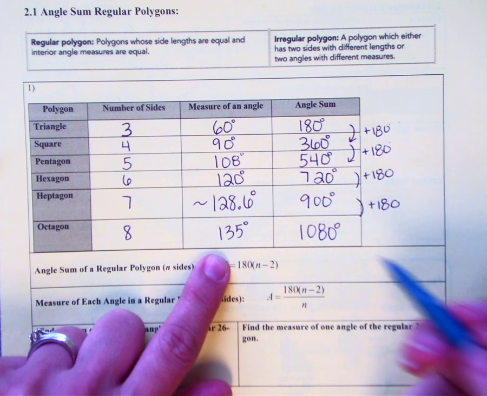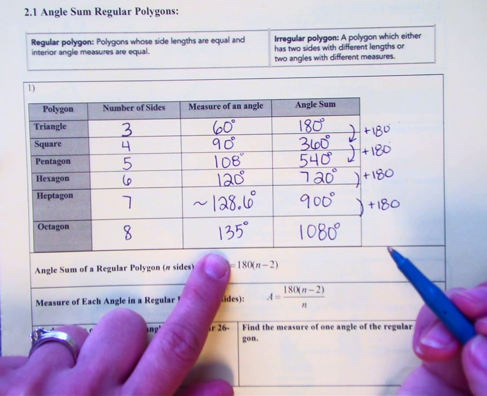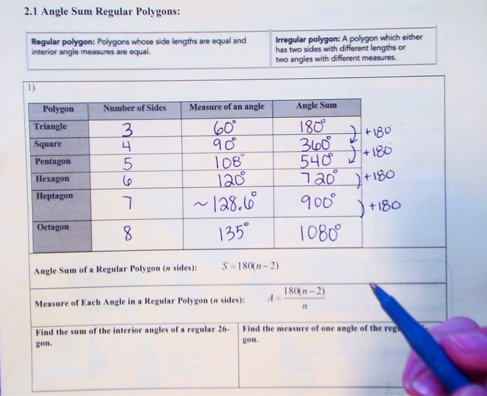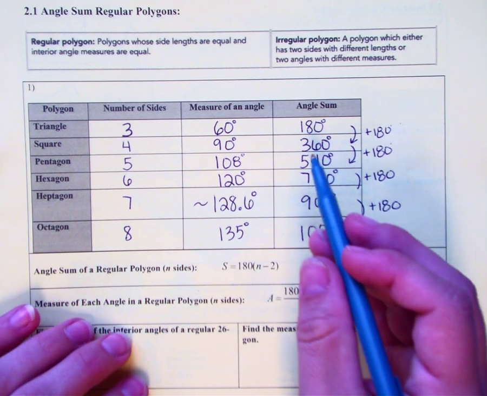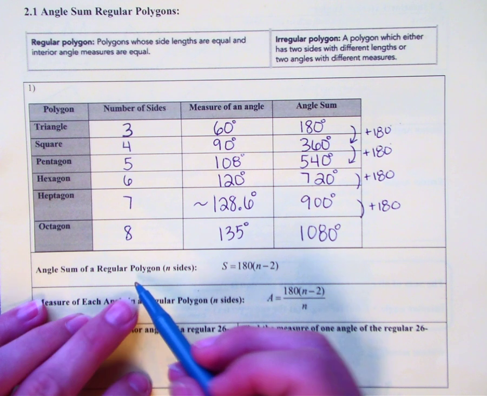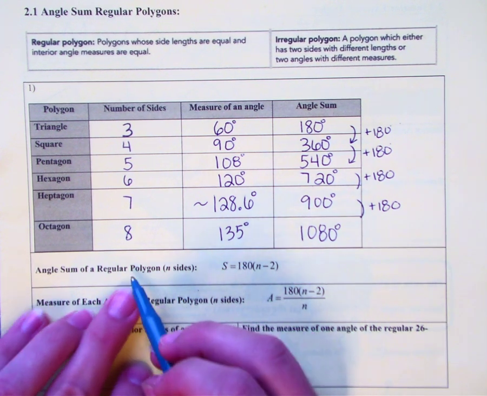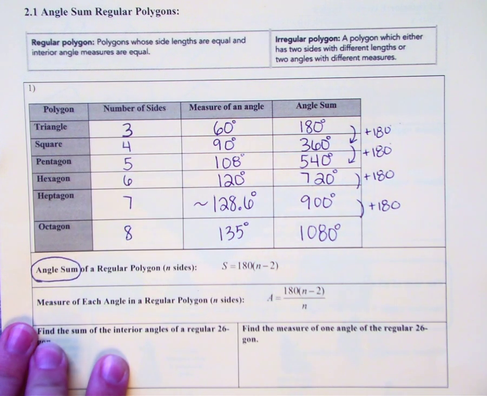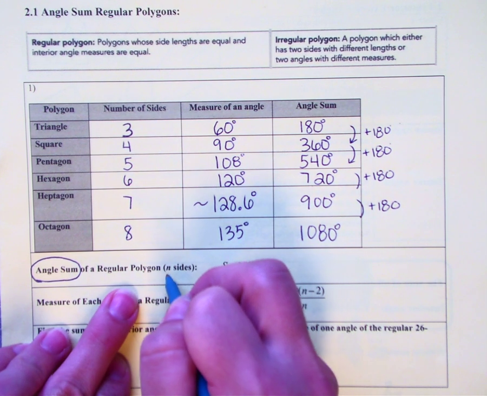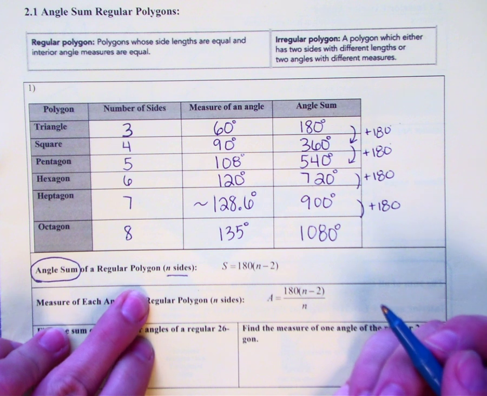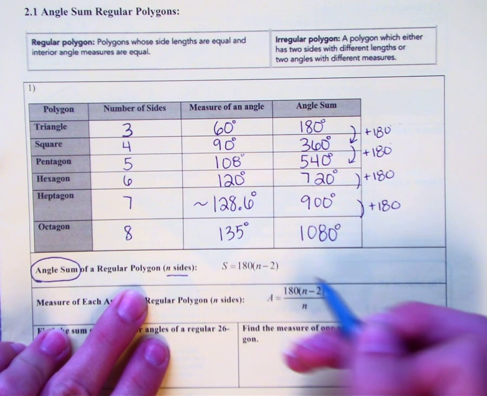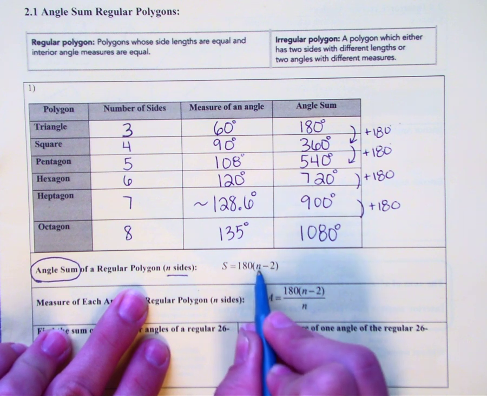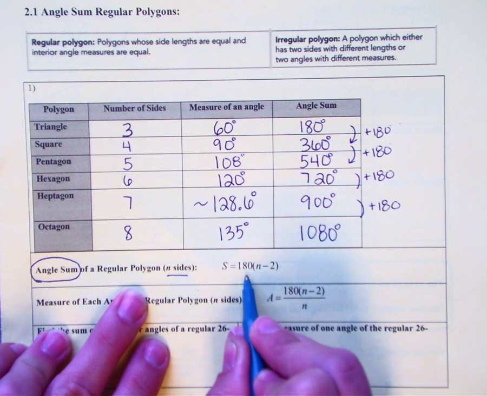Okay. Now I knew these patterns, I knew how this worked, but this all kind of follows along with formulas that help you understand this. So for a regular polygon, if I want to find the angle sum, again, remember angle sum means the sum of all the angles. Notice it says for n sides, so n represents the number of sides. So S represents my sum. It says the sum is equal to 180, and then in parentheses it says n minus 2. Remember when you have something in parentheses,